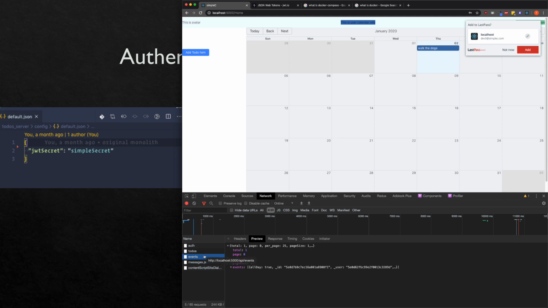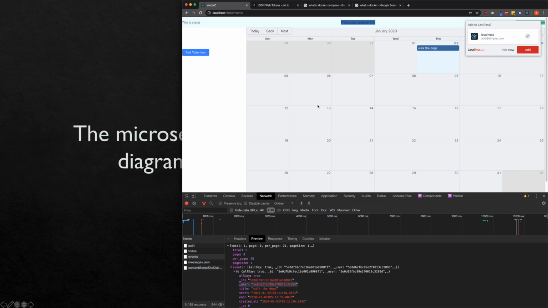Here we have one event returned from this request, and in this event, the user here matches the user ID that we just decoded, which means that the event does indeed belong to the person who makes the request. Now, before we move on to the second point, let's just create the two new services according